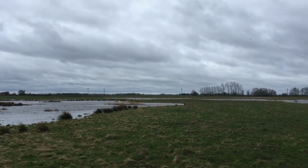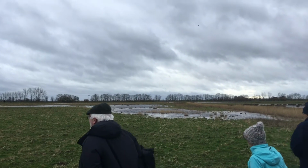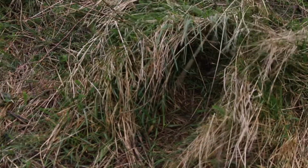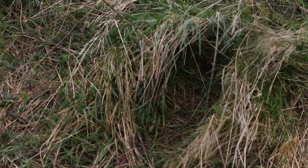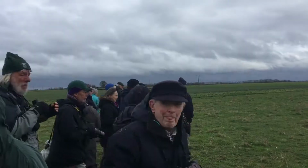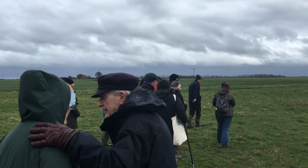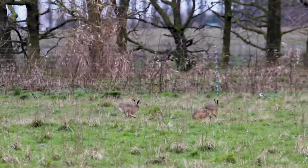And as we trudged across the muddy fen, it wasn't long before we found a form. It was even smaller than I'd been expecting, no more than a small hollow in some tall grass. But it was fresh, meaning that the hares were doubtless close by. And 5 minutes later,